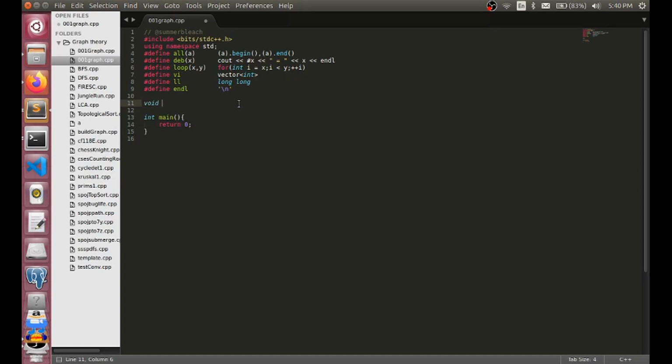So first let me write the function for representing the graph with an adjacency list. First of all I'll use an array of vectors. Each element in the array will consist of its own list. Each node will be an element of the array. You'll see when I write. I'll just write in a few seconds and then I'll tell you.